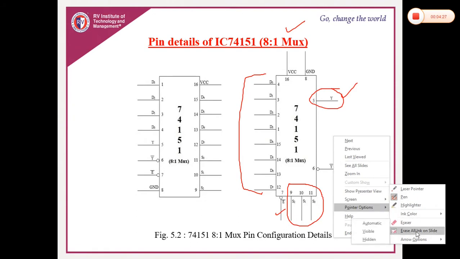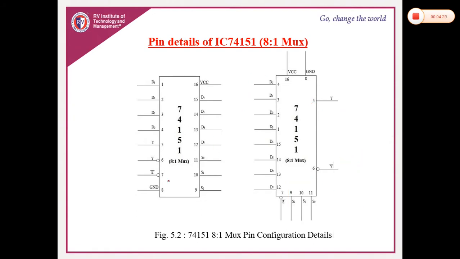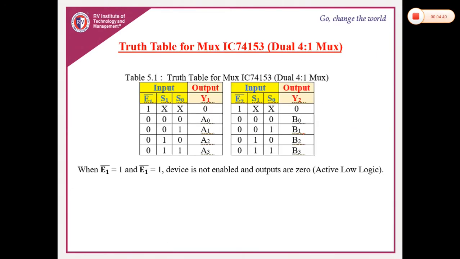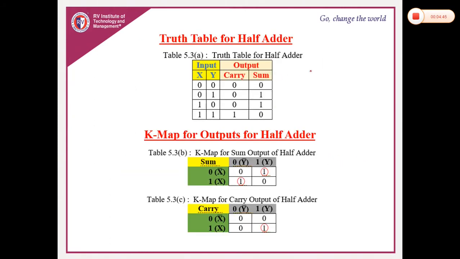Again we have here one active low enable and active low output also, you should be aware. So this is all about something related to multiplexers, and you can go through the multiplexer truth table also, you are already aware. Hoping that, we will move further to the concepts of half adder, half subtractor, full adder and full subtractor.